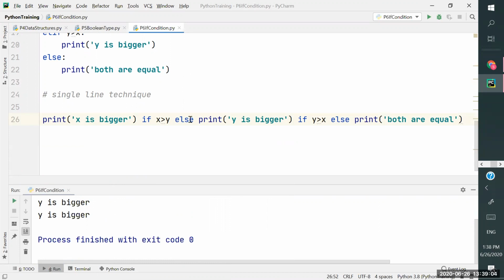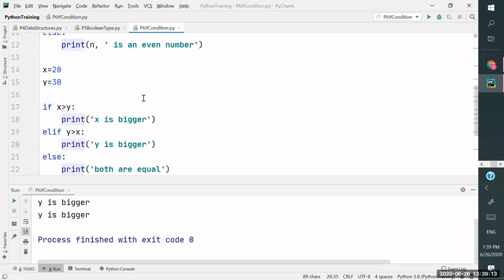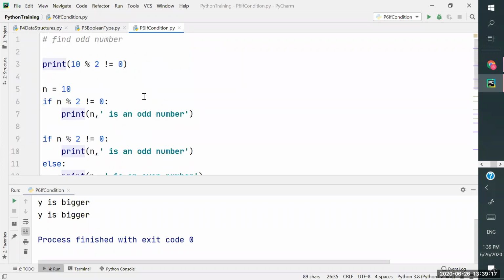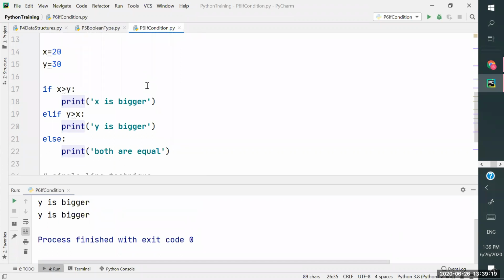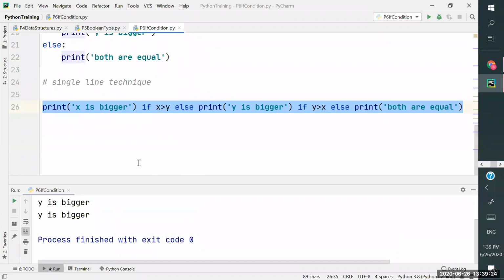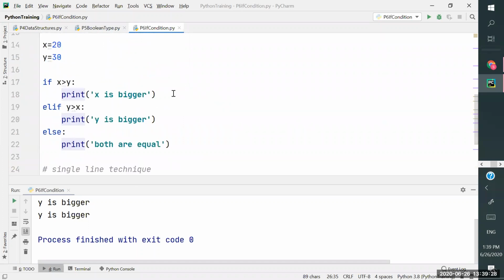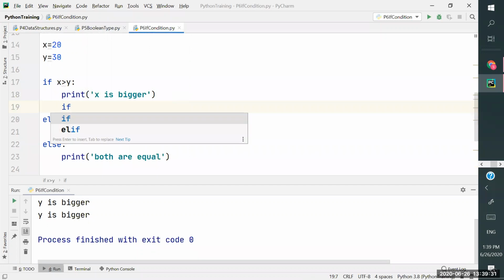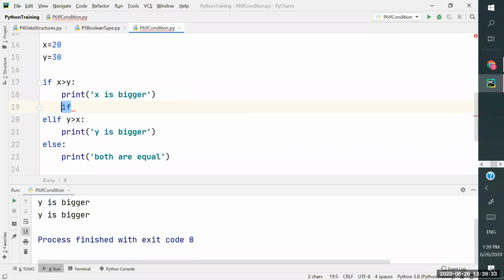So like this, you can do whatever you want. This is possible here. This is a one-liner. This is how you can use if conditions, if else, and if elif, and you can extend it. You can even write a condition inside of a condition. Yes, you can write that, no issue at all. You can write one more if else condition inside of that.